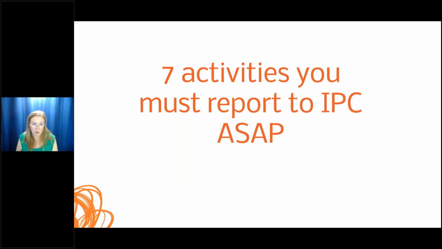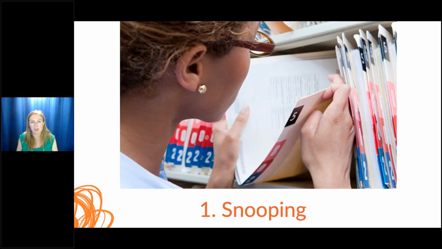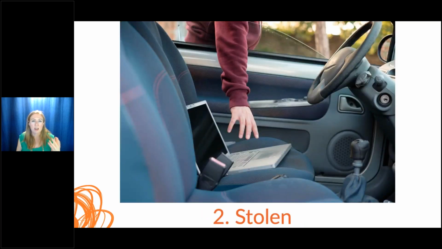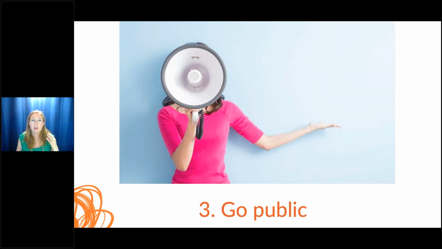The second kind of reporting that you have to do to the Commissioner's office is reporting in the moment under certain categories. So if you've had a situation of snooping, one of your team members was looking at records inappropriately or shared information outside the team, that has to be reported to the Commissioner in the moment. If information has been stolen, if someone has received information from you inappropriately and then threatened to go public.